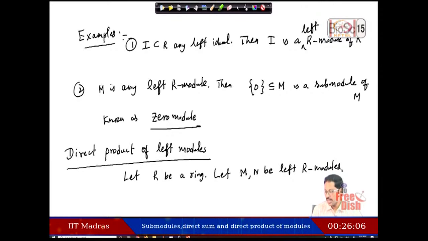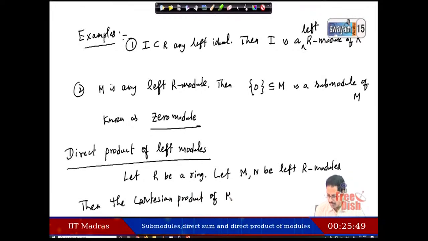So, let us take M and N, both left R modules. Then if you look at the Cartesian product, which you already know, the Cartesian product of M and N, denoted M cross N,